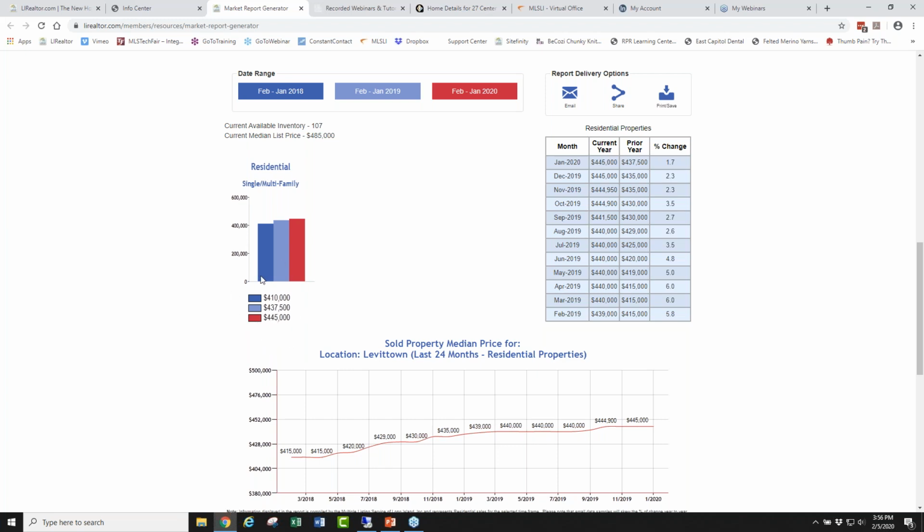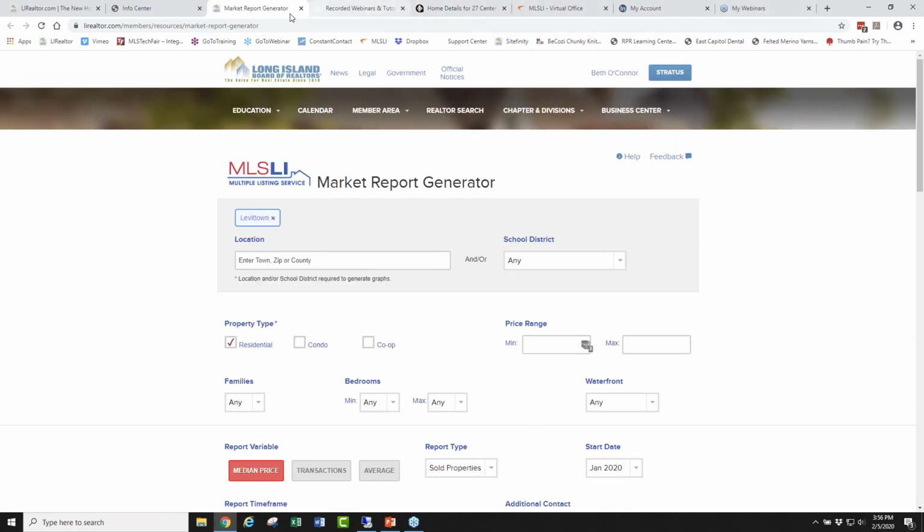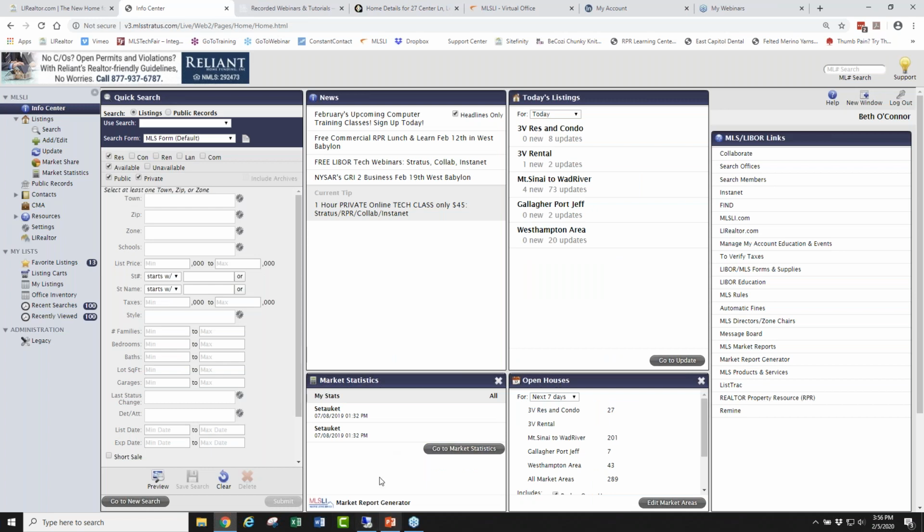This is just telling me the median. This is just giving me and my seller some information about the market and what's happening. And you can email this, you can share it on social media, you can print a copy, etc. So that's kind of a fun one. Again, right from the Info Center, look for the MLSLI, the tiny logo at the bottom there, and click on